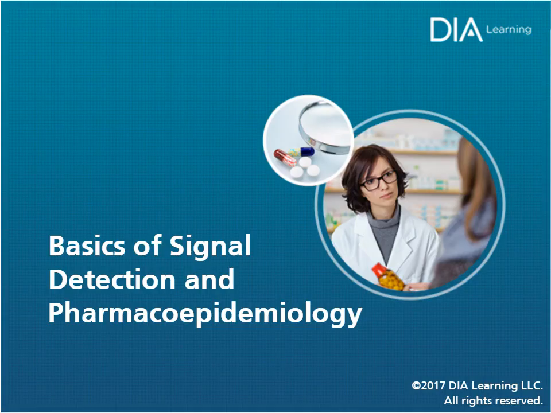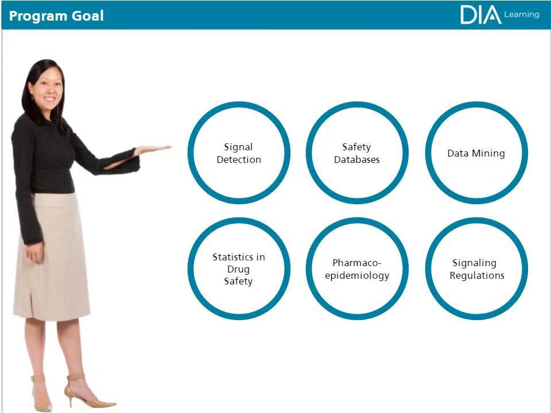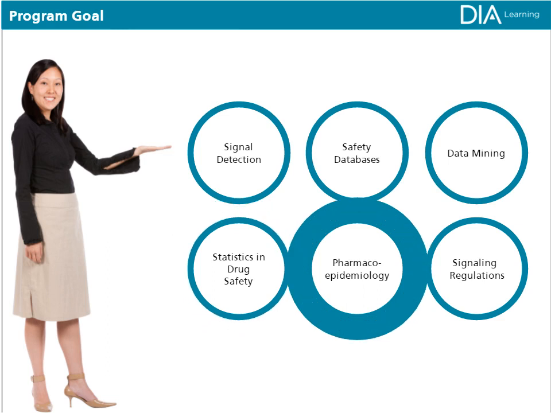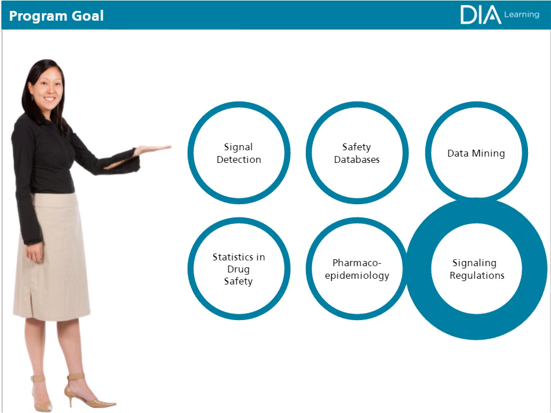Next, you'll learn about signal detection in our Basics of Signal Detection and Pharmacoepidemiology module. This module provides information about basic concepts of safety signal detection, currently available safety databases and their characteristics, data mining and the use of statistics in drug safety, principles of pharmacoepidemiology and the context for interpreting signaling results, and signaling